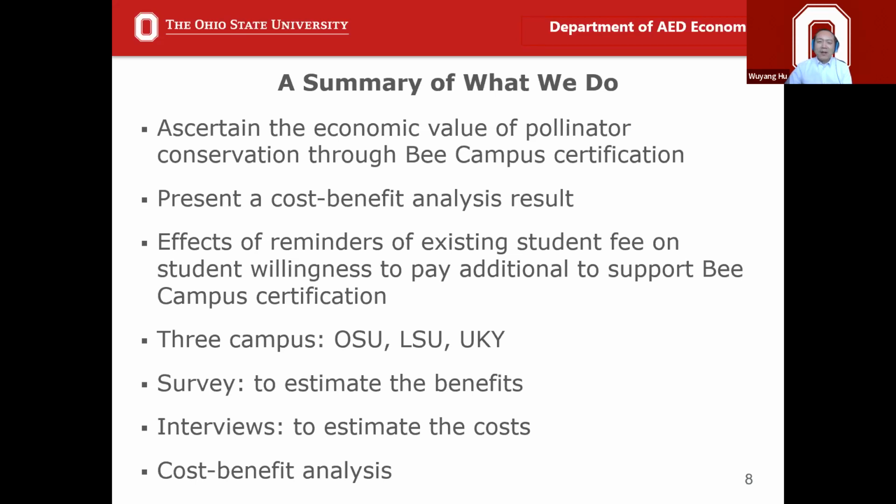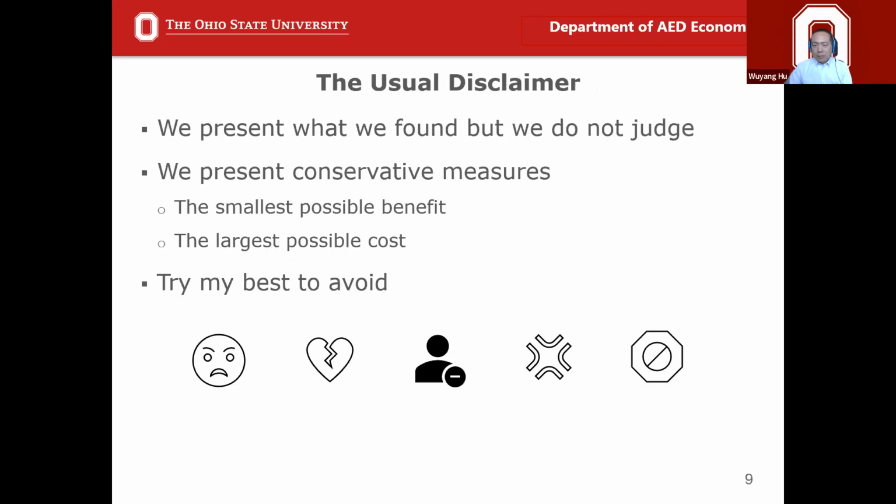In a way. But also another important information is I'm at OSU. My collaborator, Jared Penn, is at LSU, and we both were at the University of Kentucky before. So we know, we have our connections, we know the campus well, so we can actually pull this off, trying to do a good job knowing the institutional background of 3 campuses. We're going to do a survey to estimate the benefit, and we're going to do interviews to assess the cost. And then we're going to do a cost benefit overall assessment.